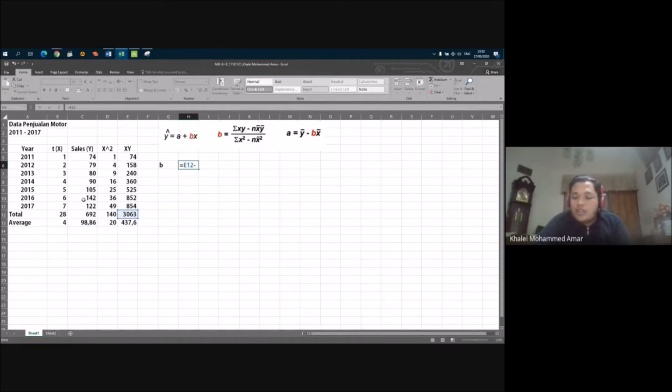We can actually use 7 like this, but we will use the count in Microsoft Excel just in case the data is so big that we cannot count it one by one. Count, and then times the average of X right here, times the average of Y. The Y is right here. So this is the result, but it's not the result of the B yet because we need to calculate the bottom one also.